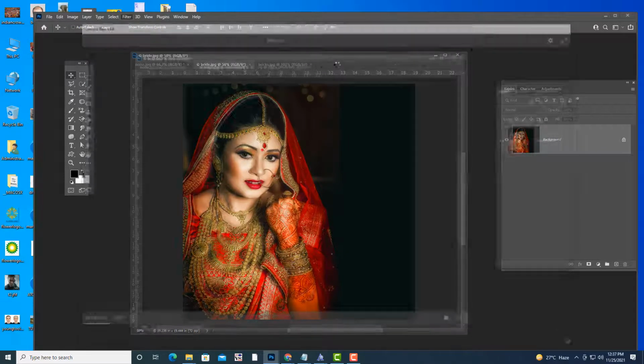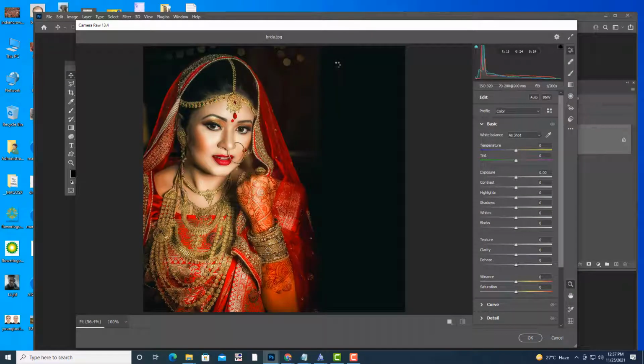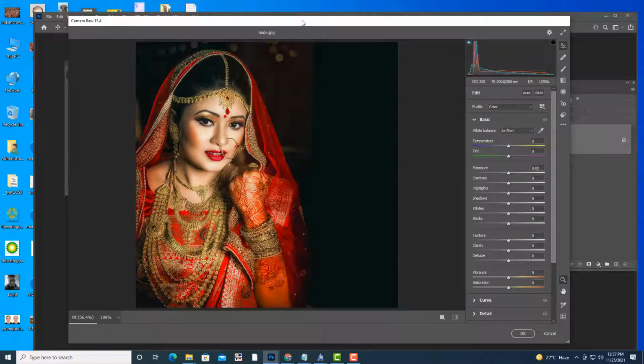After this filter, we are going to start the next topic, that is adjustment. In adjustments, we are going to see how we can apply colors to the image, and how we can control the contrast and brightness of the image. All those things we are going to learn in adjustments.